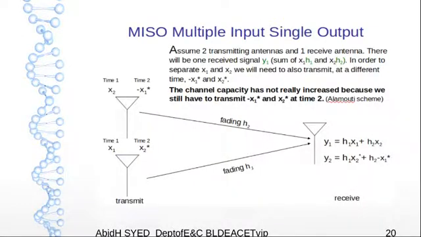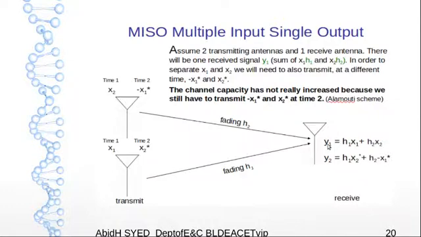Now multiple input, single output. This is in contrast to the earlier case. Here you have two transmitters and only one receiver. Obviously this one receiver will receive signals from both these transmitters, but both have been transmitted at different intervals of time. Thereby those two signals get added in the channel. The channel bandwidth remains the same, and both these signals get faded differentially by the channel coefficients H1 and H2, and they get added at the receiver side.